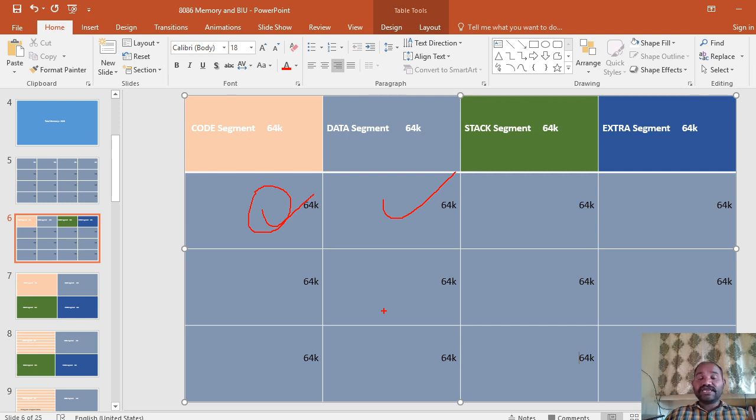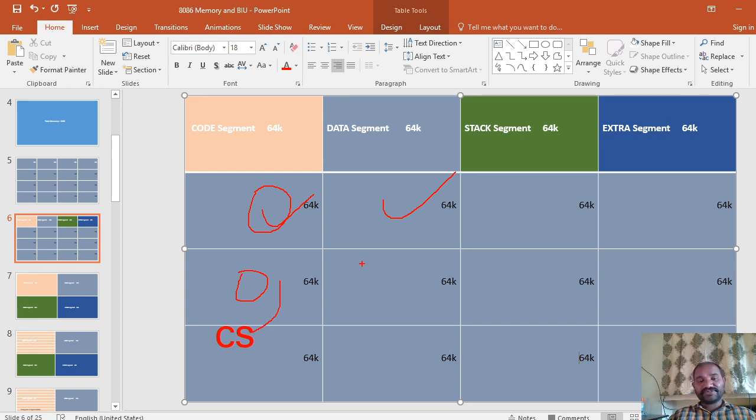In order to set a particular segment as a code segment or data segment, you are supposed to load the base address of the segment into your segment register. Base address is nothing but the starting address of a segment. Let us suppose I would like to use this particular segment as my code segment. Then I need to load the starting address of this segment into the CS register.